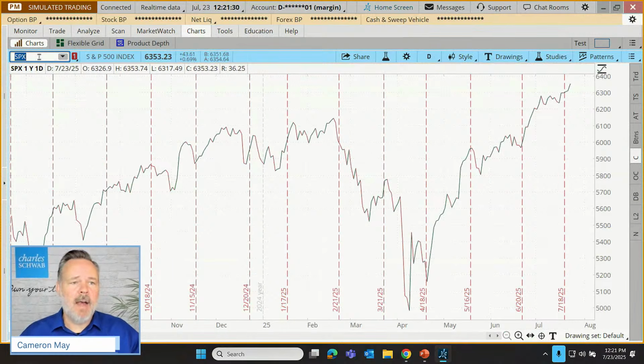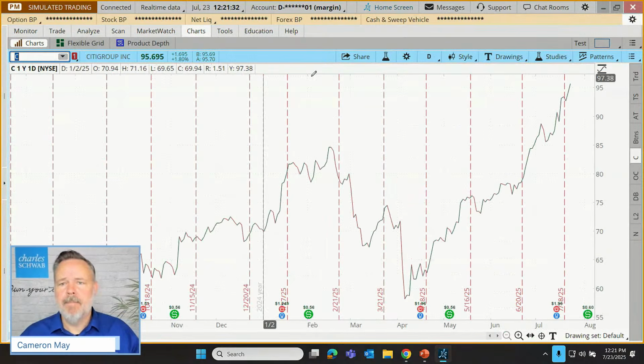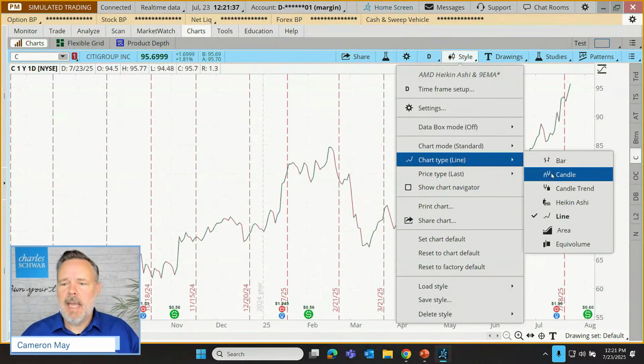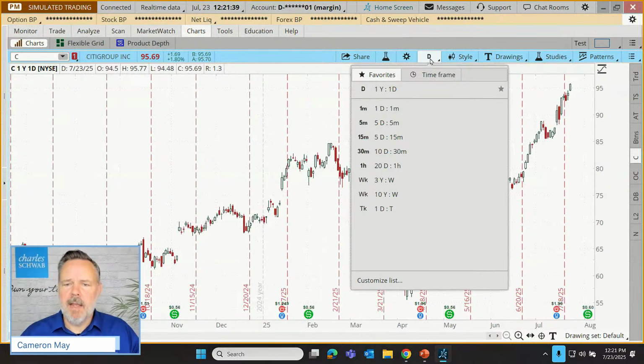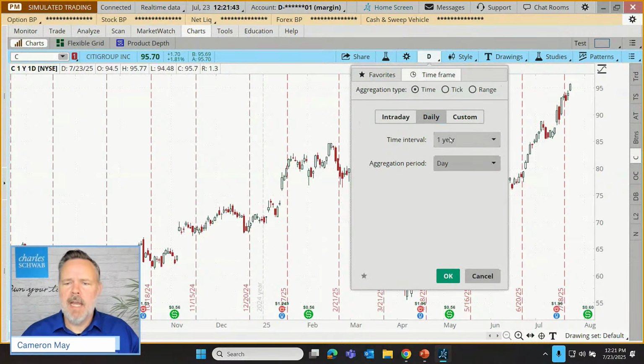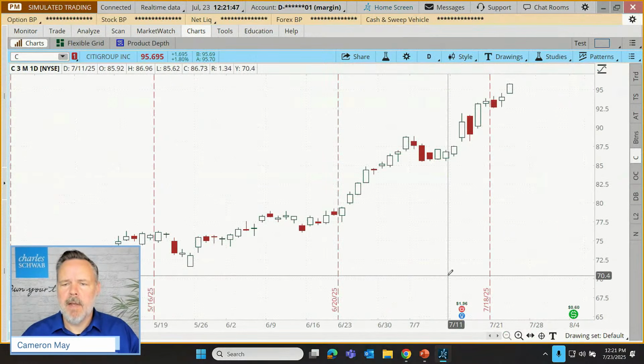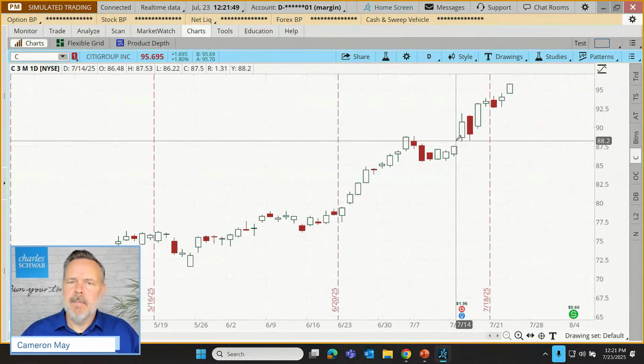But when we're looking at a stock, let's go back to Citi. I'm going to change its style back to a candle and its time frame to, let's say, a 3-month daily chart. Right? So this is different.